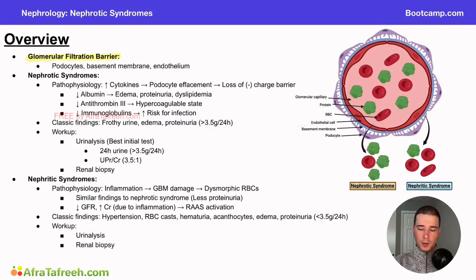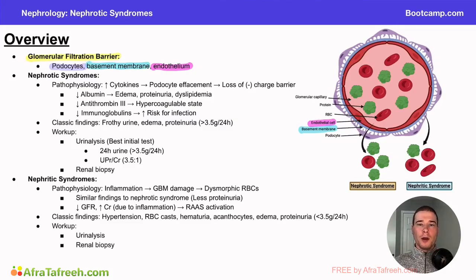The glomerular filtration barrier is composed of three key components, including the podocytes, the basement membrane, and the endothelium. So you can see on our diagram over here, we have the endothelial cells, which are on the most inside portion of the vascular system. These work to prevent large proteins from being filtered through at the glomerulus. Next, we have our basement membrane, which is kind of the intermediate or middle layer of the three components of